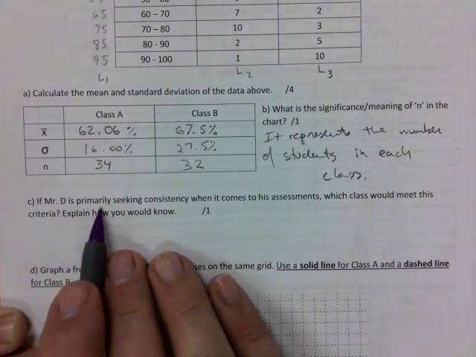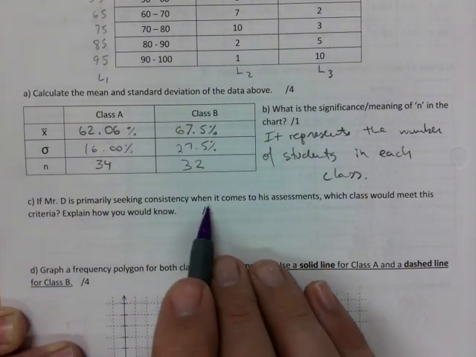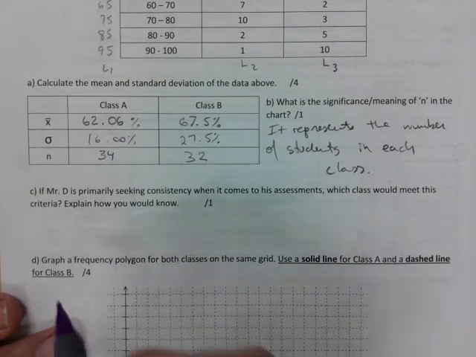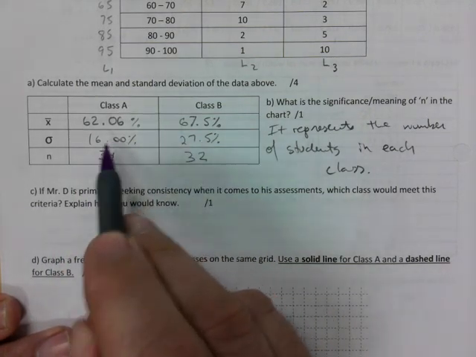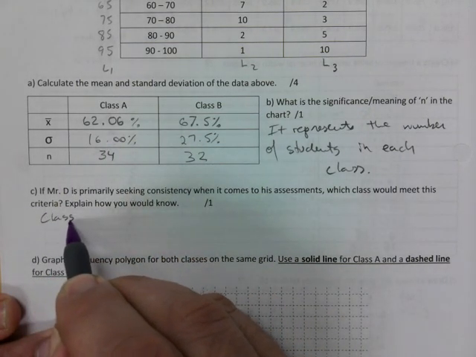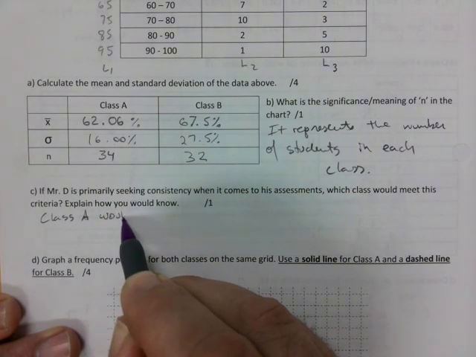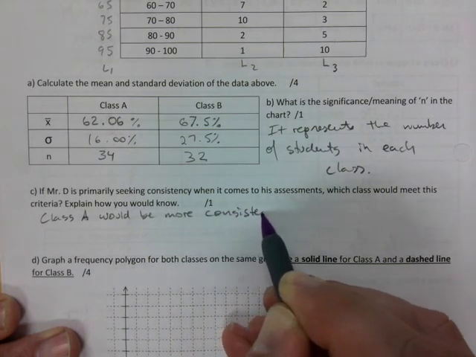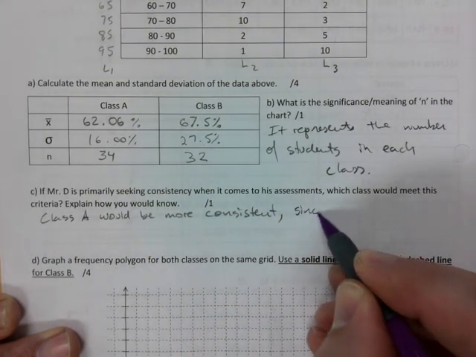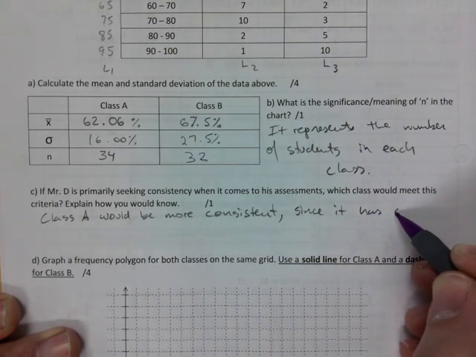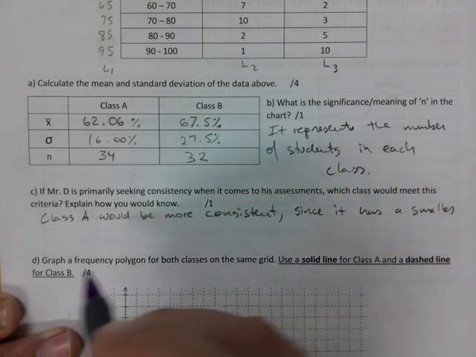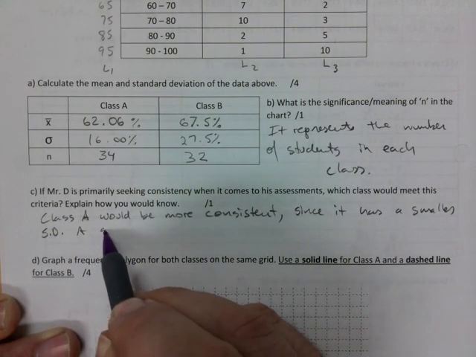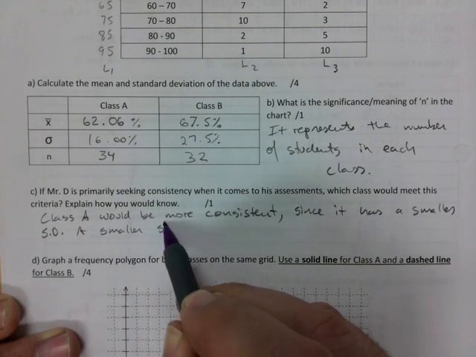If Mr. D is primarily seeking consistency, right, when it comes to his assessments, which class would meet the criteria? Explain how you know, okay? And you look at their standard deviation, so you would say class A would be more consistent, comma, since it has a smaller standard deviation, okay? A smaller standard deviation